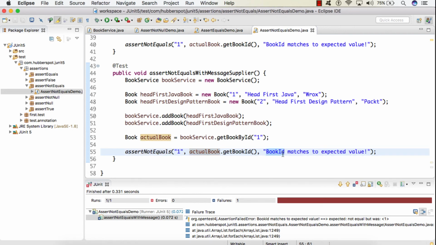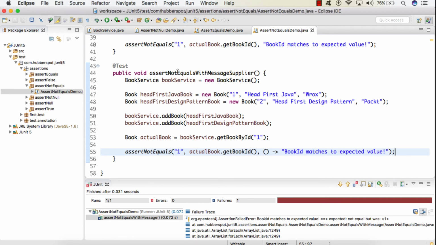But instead of this string message, now we supply a supplier functional interface which basically provides this string whenever our test case fails. So the syntax is something like this. We give a lambda expression like this. So whenever our test case fails, this supplier functional interface gets executed and it returns this string value. And the only advantage here is that this lambda expression gets evaluated only when the test case fails.